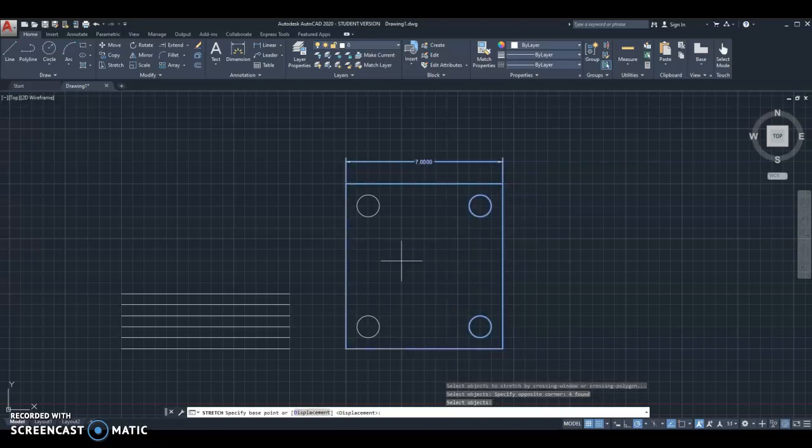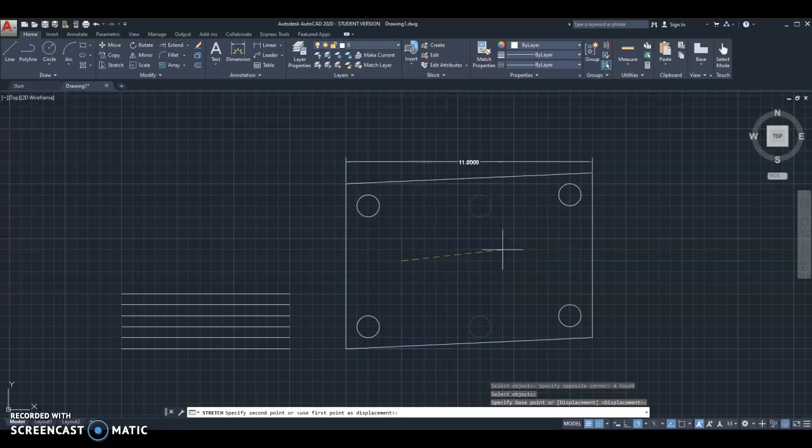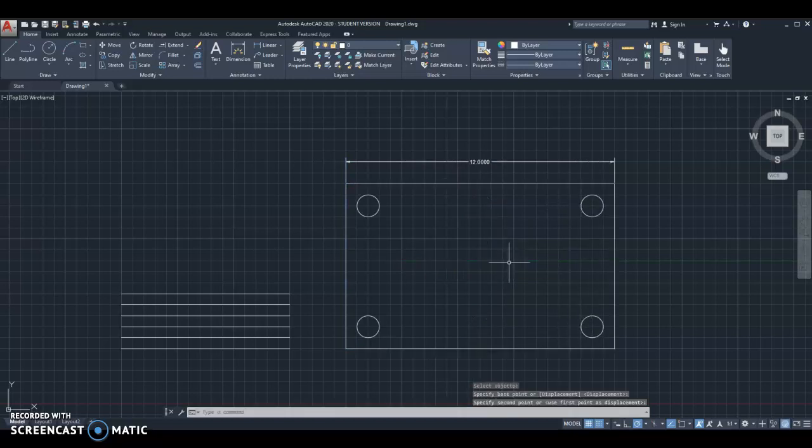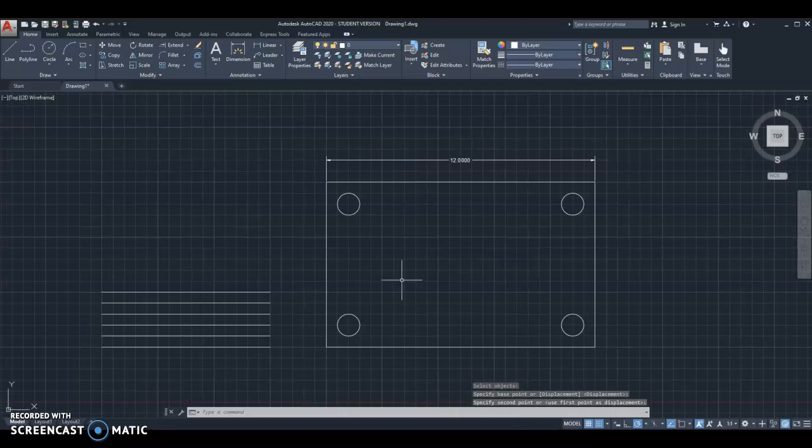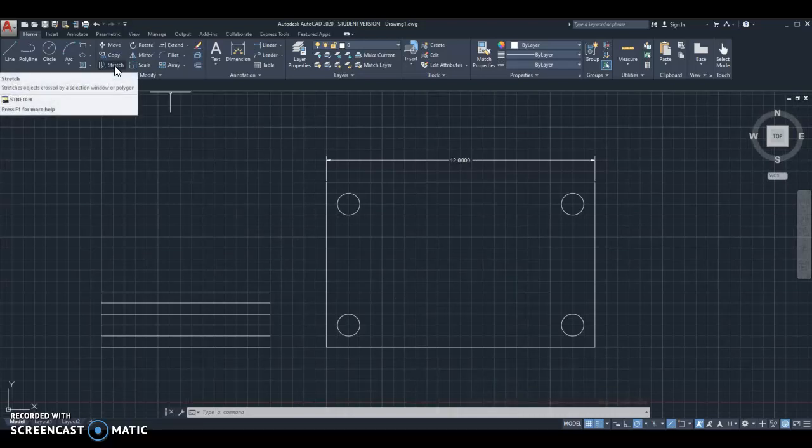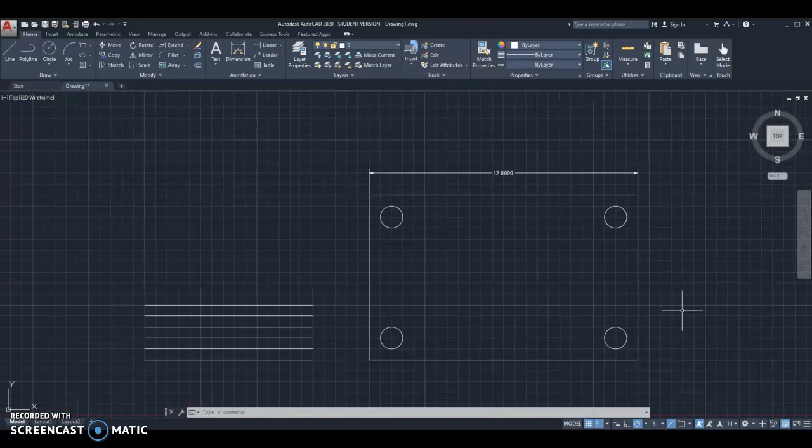And then you choose a base point and move it out to whatever size you need. Okay, so get to know the stretch command. It can really help you out when you're in a jam. It's excellent at fixing mistakes, and it could be a really valuable tool